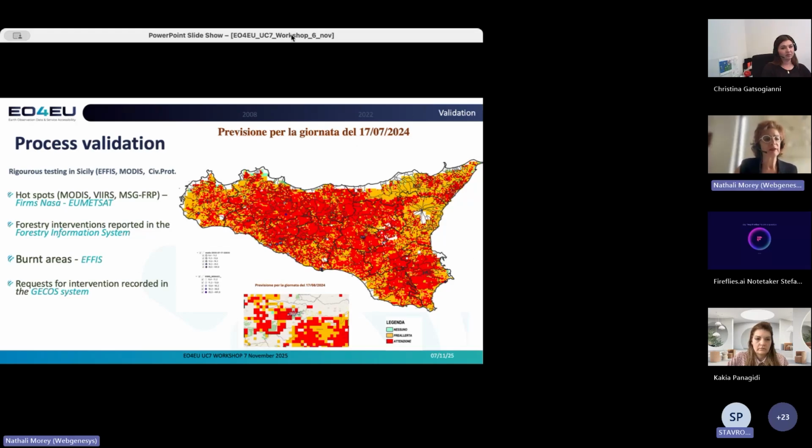So the process to complete, we have proceeded to rigorous testing in Sicily, and we made some comparison with hotspots coming from MODIS and with satellite instruments from